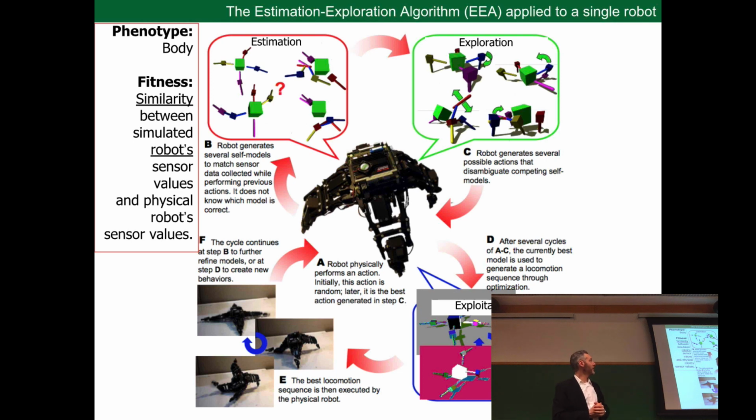In the first evolutionary algorithm, the phenotype, the thing that the blueprint encodes or creates, is a body in a simulator. The fitness function in the estimation evolutionary algorithm is looking for similarity. It's got a physical self and a virtual self. Both of them are moved. Motors 1 and 5 rotate down. Both the physical robot and the virtual robot generate sensor data. You compare those two sets of sensor data, and the closer the match between the physical and virtual sensor data, the more fit or more accurate that simulator is.